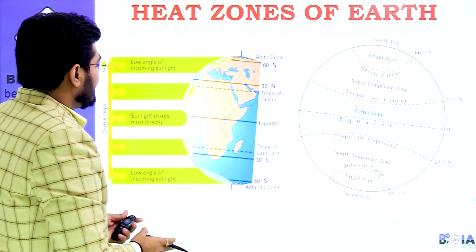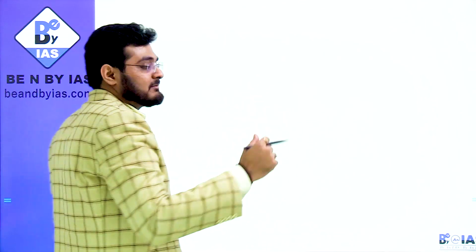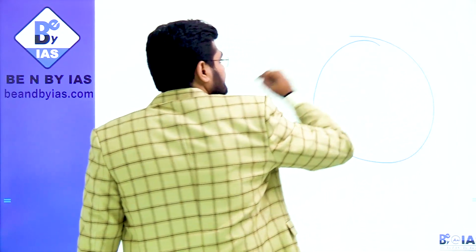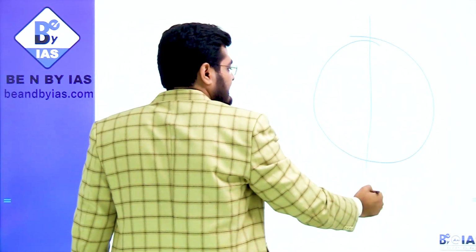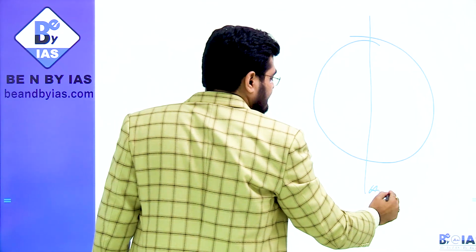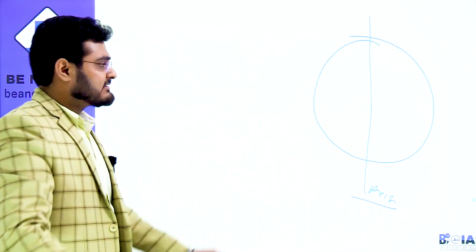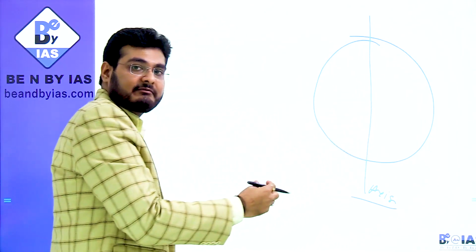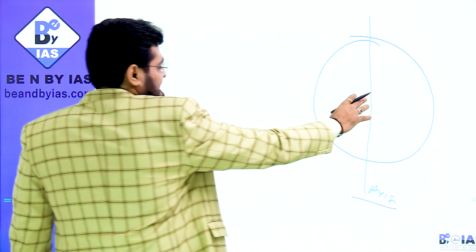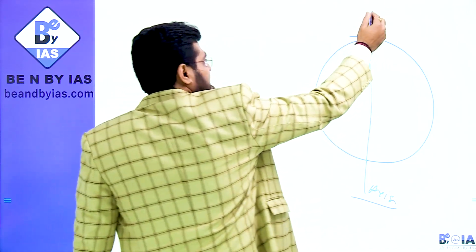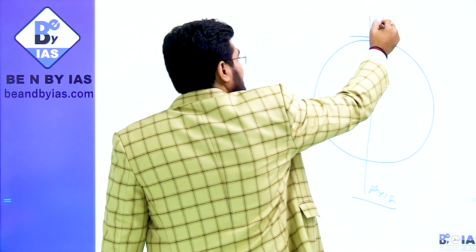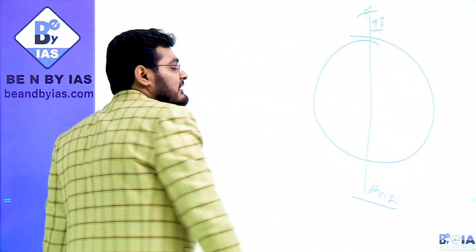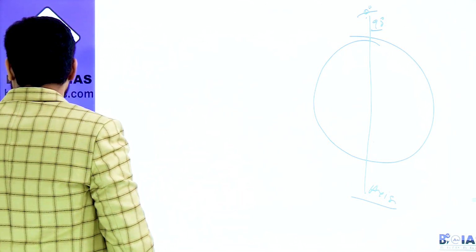Moving ahead, now let me explain how these zones are formed. This is your earth. Now we take this as an axis of earth. What is an axis of earth? The axis of earth is that in which the earth rotates; rotation and revolution, we will talk about that too. Now this is the axis of earth. It is not tilted, it is directly at 90 degrees only. And this axis of earth, we take as the reference point, 0 degree.